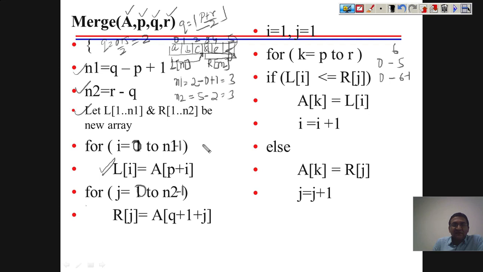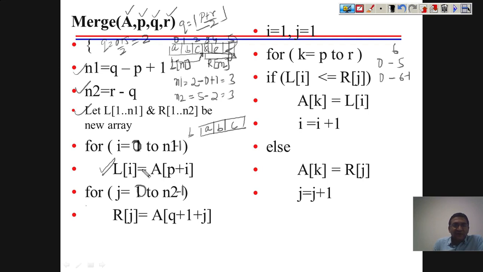What does it mean? In this I am going to copy a, b and c. You can see this is 0 to 2, so we make a loop from 0 to 2. L of 0 is A of, what is i equals 0? A of p, so this is A of 0. This you will copy here.